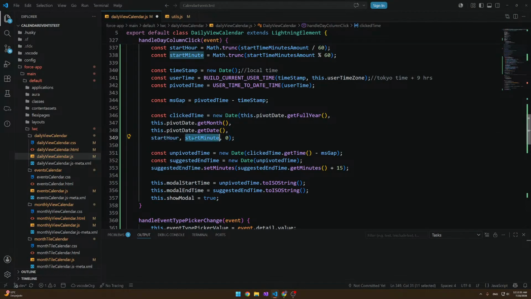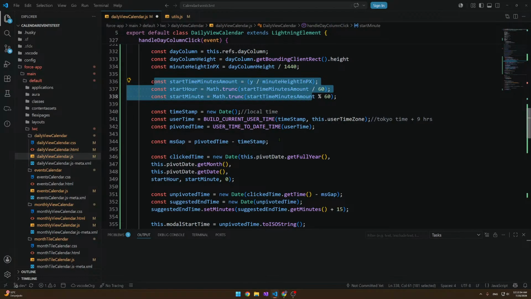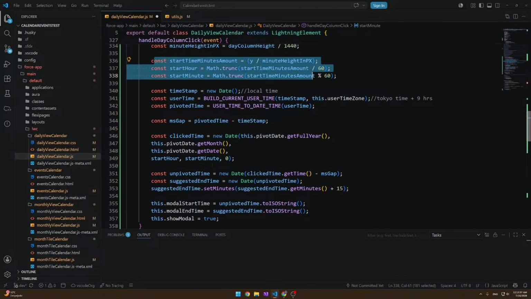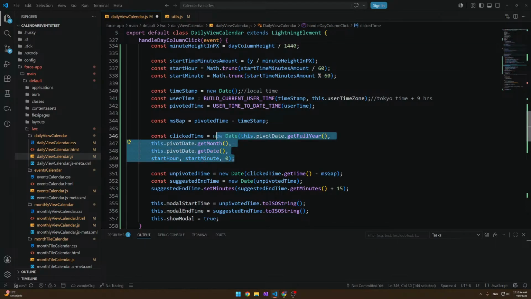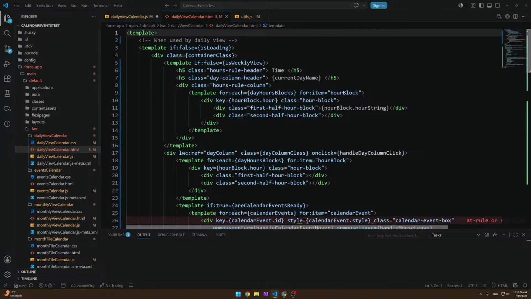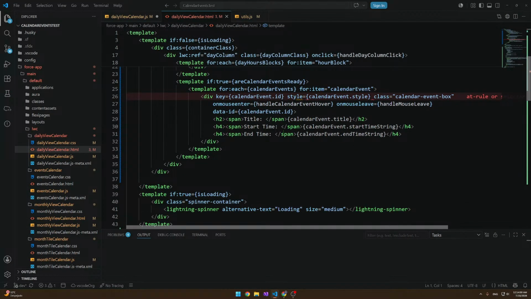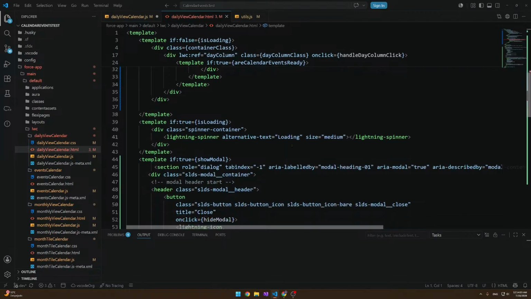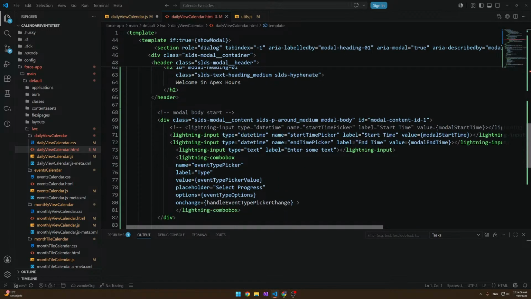And it's going to put the start hour and start minute that we calculated from the click, using the rule of 3, just using math, and that's it. And now we have the real value where we clicked, but in local time. The problem is that if I pass this click time into this, where is your HTML component? Yes, if I pass it to this input date time like that,